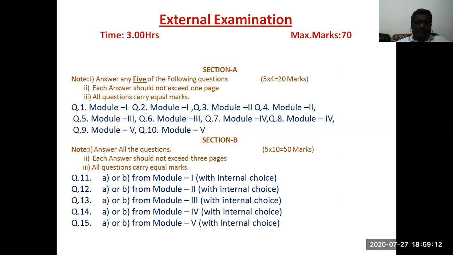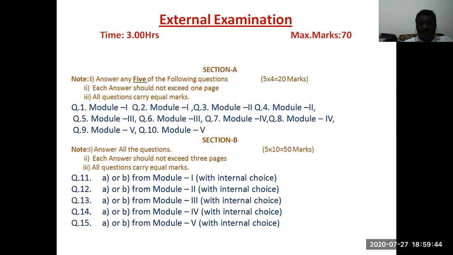In section B, all questions have to be attempted by the students. It is compulsory to attempt all questions in this section. So students are given a choice within the question, A or B. So total 50 marks are allotted to section B. Adding section A and section B, total 70 marks. In this 70 marks,